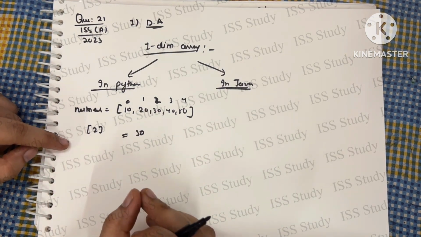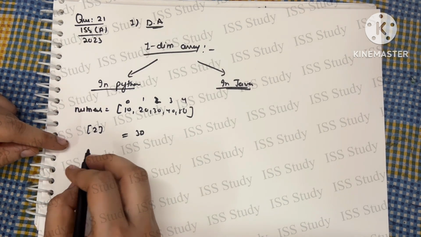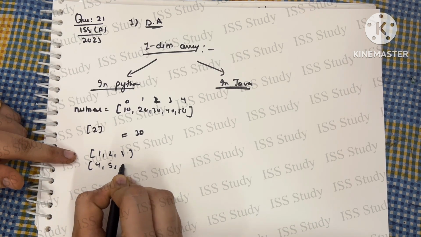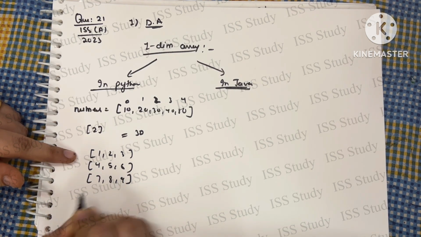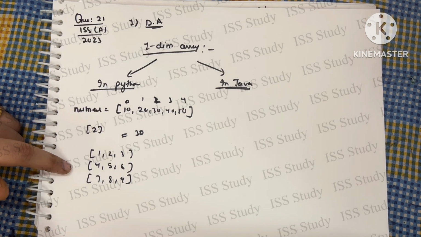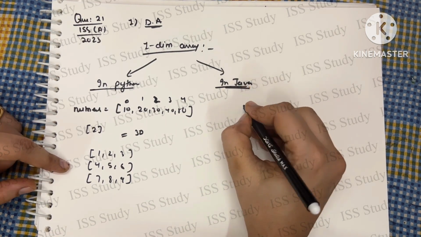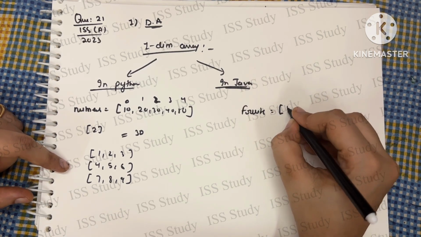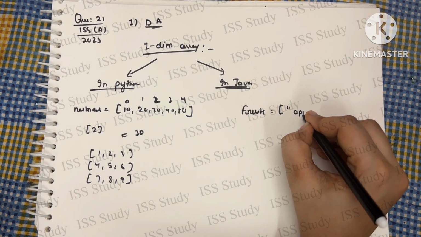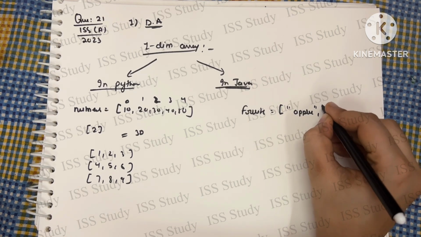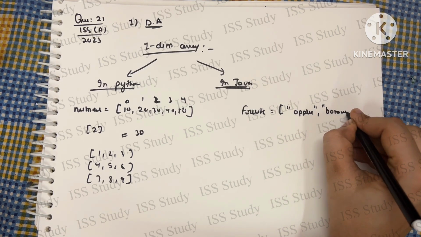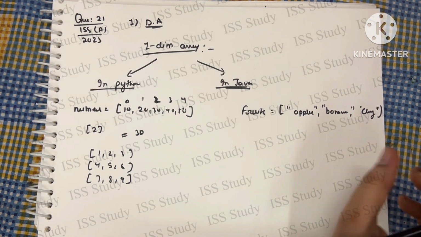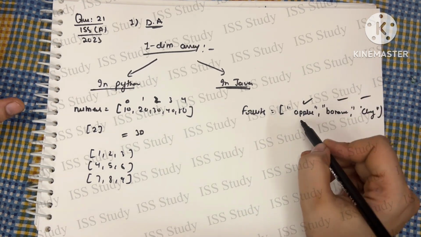Now if I talk about the two dimensional or multi-dimensional array, it can be written in the form of a matrix, like 1 2 3, then 4 5 6, and then 7 8 9. Okay, so this is called a multi-dimensional array. But in Python, if you consider the array, it can be like fruit: a list of letters, an arrangement of words. First will be apple, I'm just taking an example, you can take other words also. Banana, then cherry, and you have to put all these in inverted commas, and in the same way you can access any word from this array.